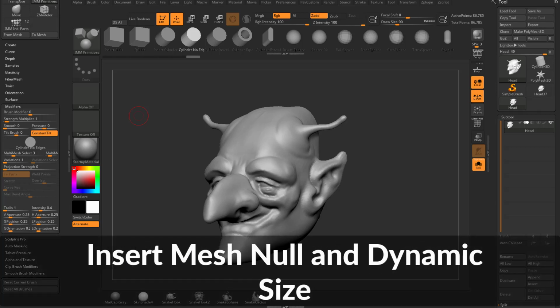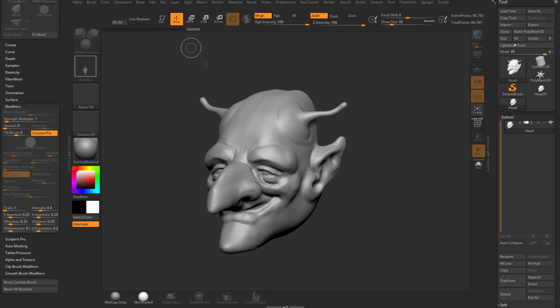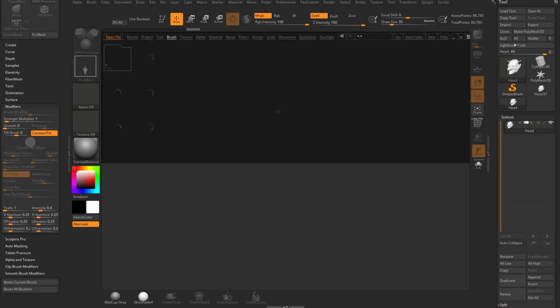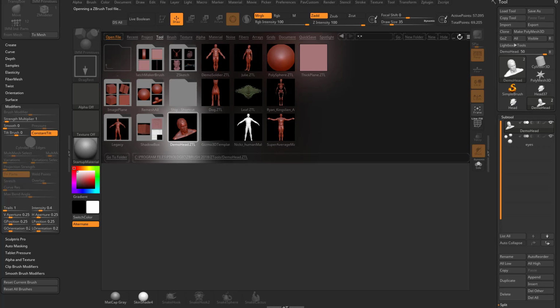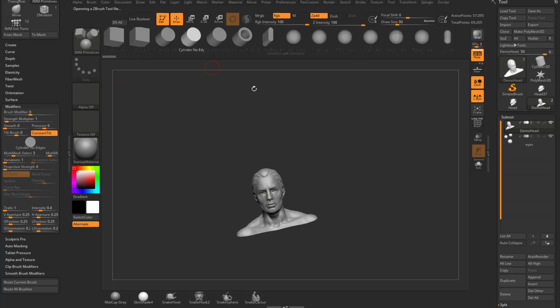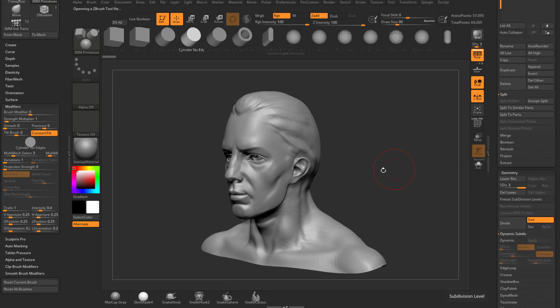Now let's talk about another scenario really quickly. Let's go out of edit mode, hit Control N, hit the comma key, go into Tool, and go ahead and grab this demo head here. Hit hide, drag that on your canvas, go into edit mode. And now this demo head, if we go down here to geometry, you're going to see the head that we